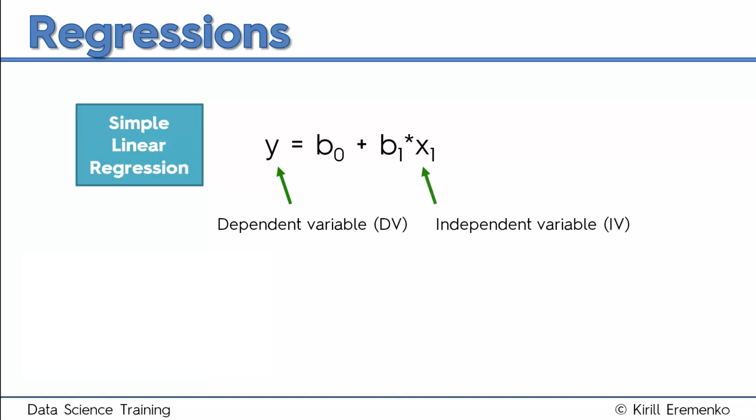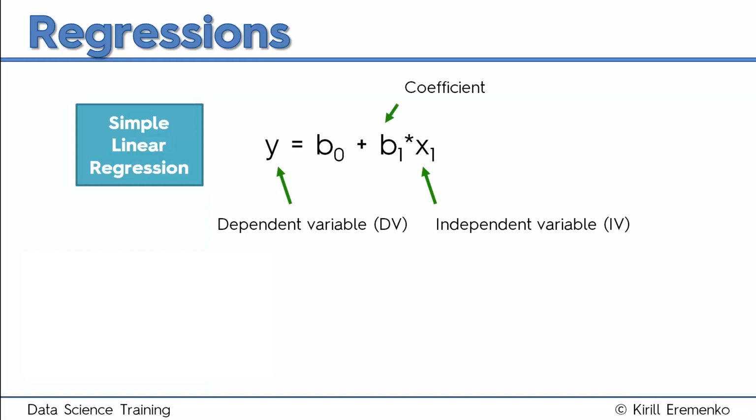X is your independent variable. In the simple linear regression, we only have one independent variable, so we don't even have to call it x1. We could just call it x. And this is the variable that you're assuming is causing the dependent variable to change, or as we will learn further, sometimes that independent variable might not be a direct causal factor, but there might be an implied association between the two. And in that case, you're trying to figure out this association.